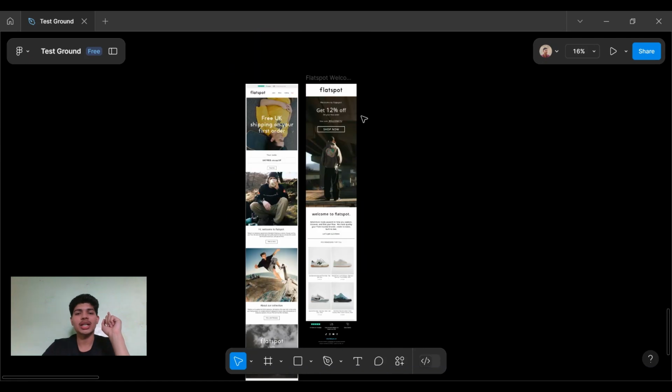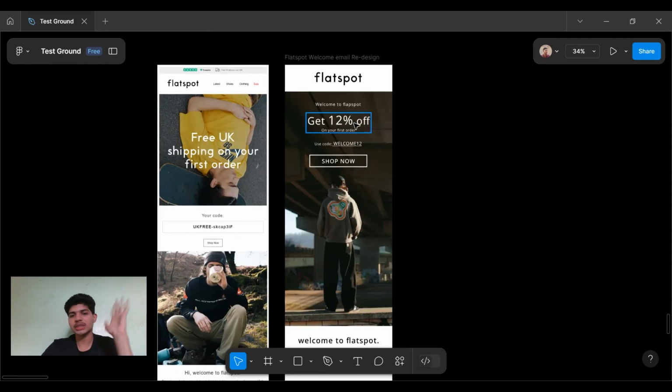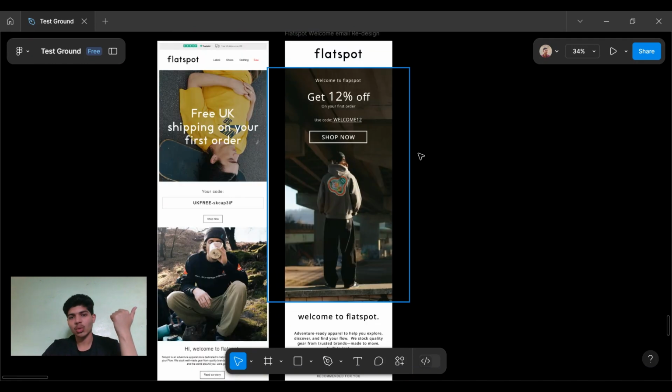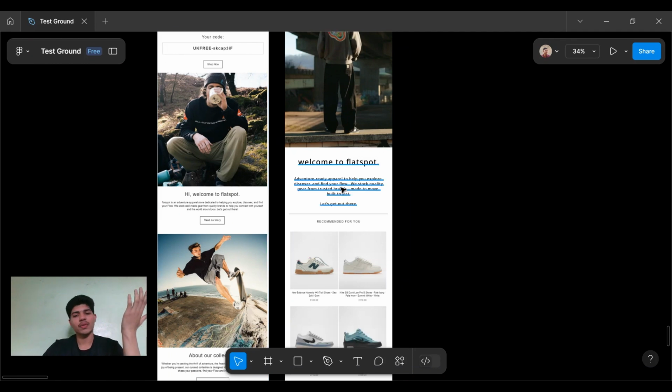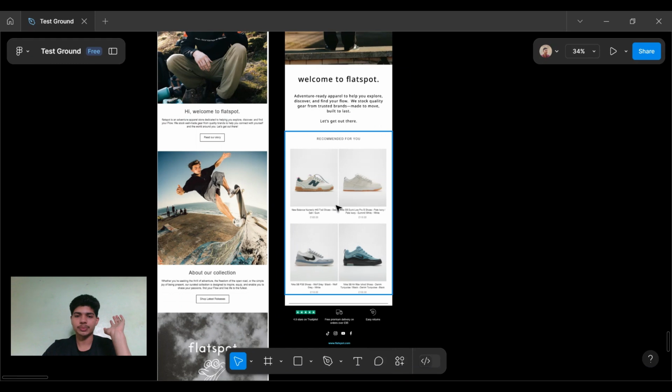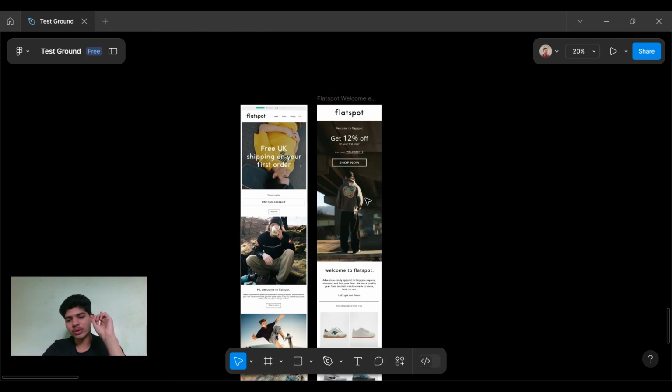If you see, this is the welcome email. So we have the logo, and the offer is in the reader's face as soon as they open. Then we have a shop now button, and if you look, this hero section looks a lot more pleasing to the eyes. This is too much clutter and there's no visual clarity. Then you have some copy for brand introduction, and we have the product section and the footer. The product section and footer are the same as before, but the main thing that I improved, that will make all the difference for them, is the hero section.